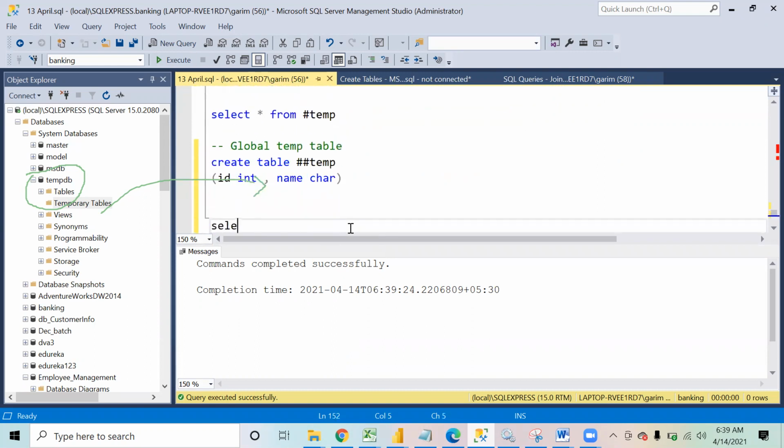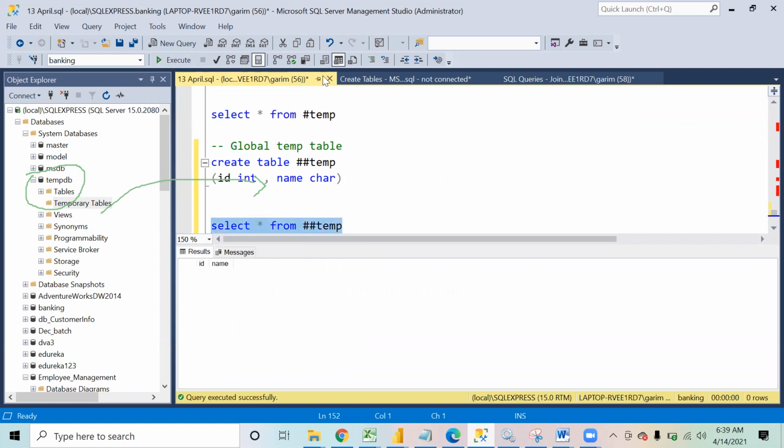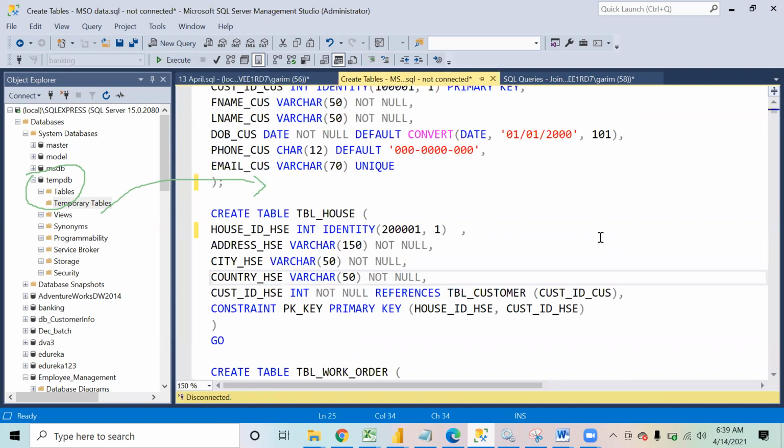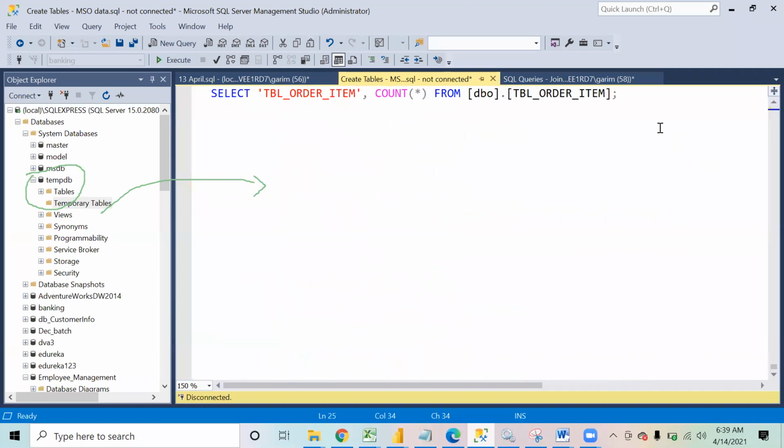Okay, so if I say now select star from hash temp, see I can write this query on this table over here also. If I go into the second session, I say select star from hash temp.